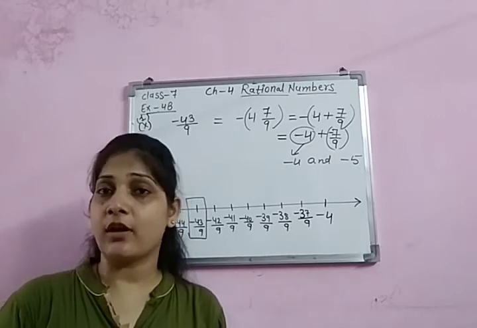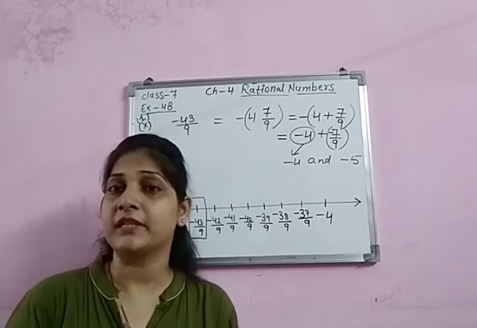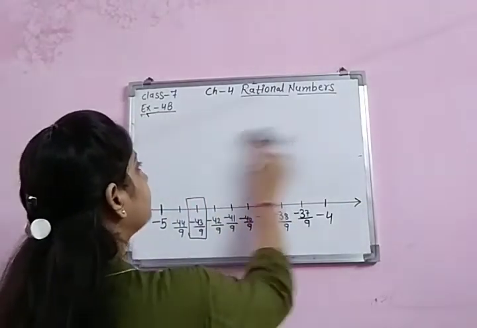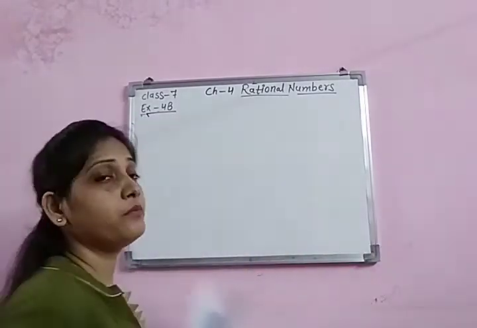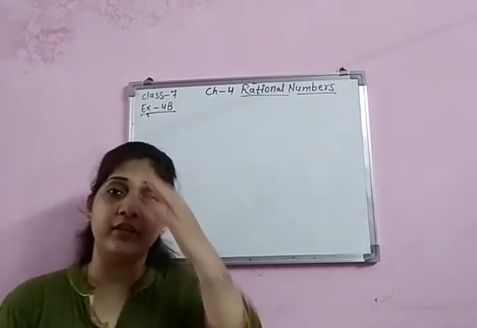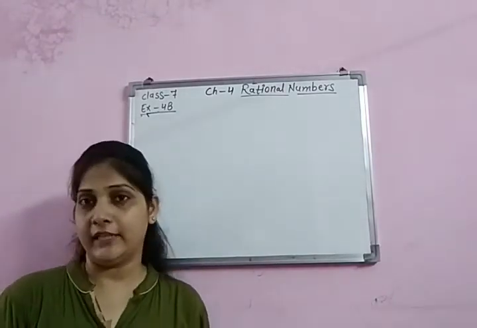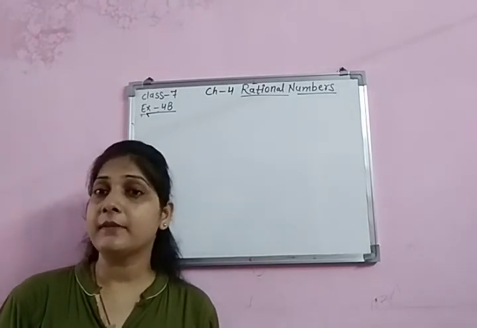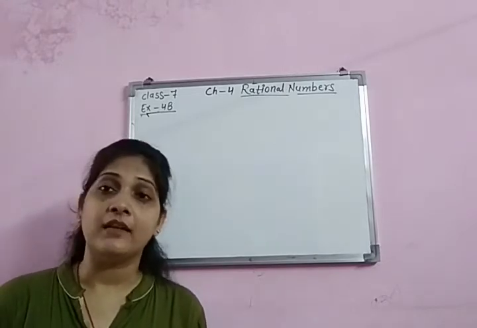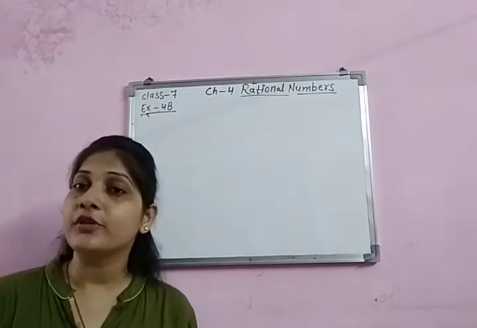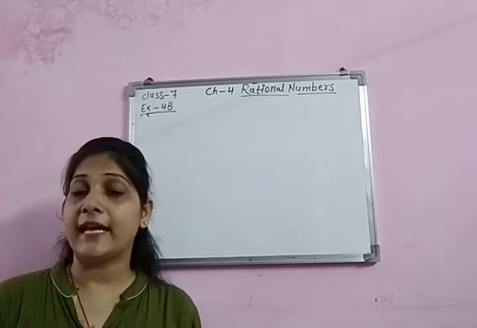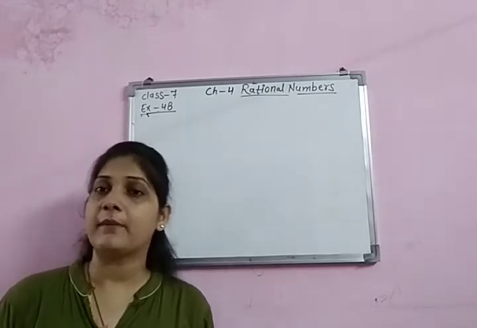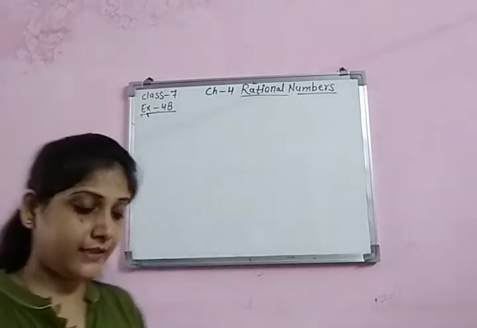Now let's move on to the next topic, which is how to find rational numbers in between. So I'm sharing two questions with you this time. Children, in this you have to make the given rational numbers with equal denominators. If the denominators are not equal, you have to make them equal. But sometimes the denominators are equal, but still we are not getting the desired number of values which we want. Like it is asking for 5, but they do not exist. So we have to increase the number by multiplying with a bigger number. So let's see how to solve that.